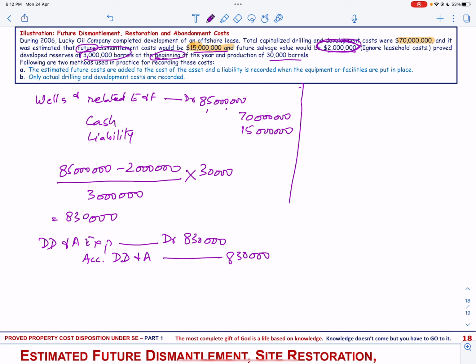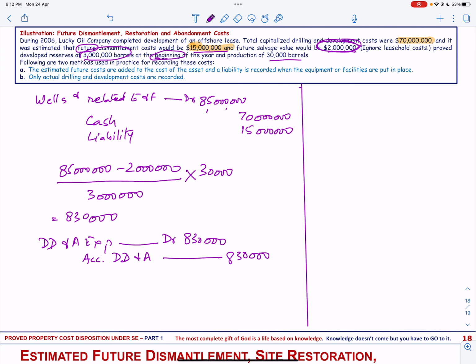But we should also keep in mind that even though we are not going to record the liability, the future dismantlement, restoration, and abandonment cost must still be included in the calculation of DD&A, and let us see how we do that. First of all, we are not going to include this liability,